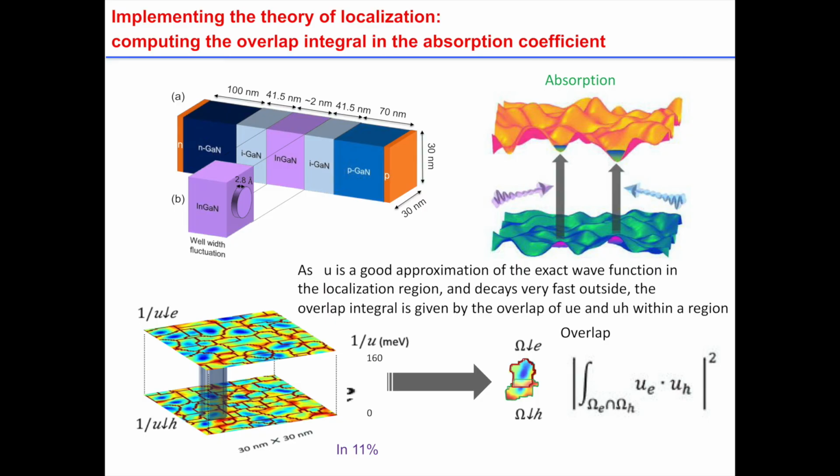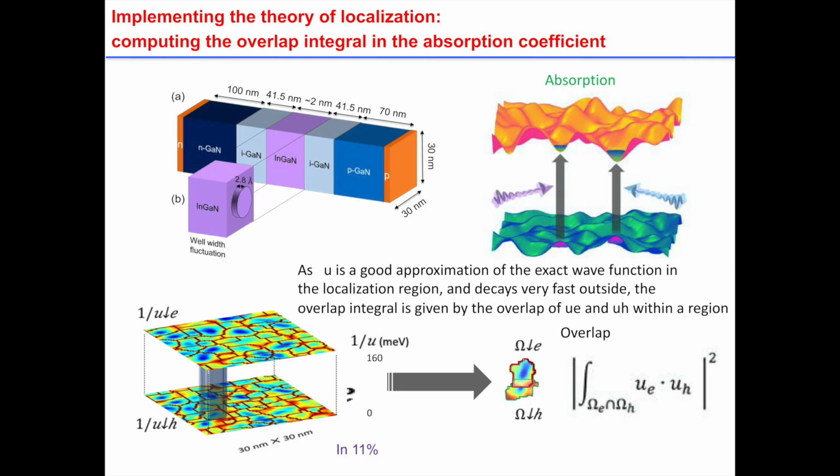To compute this absorption curve, we just have to compute all the transitions that are possible from one state in the valence band to a state in the conduction band. And you have two contributions. One, of course, is the density of states: locally, when we increase the energy, how does the density of states go up? And the other contribution is the overlap of wave functions between the electron and hole. If the electron and hole don't overlap, there is no absorption. You need some overlap of wave functions.